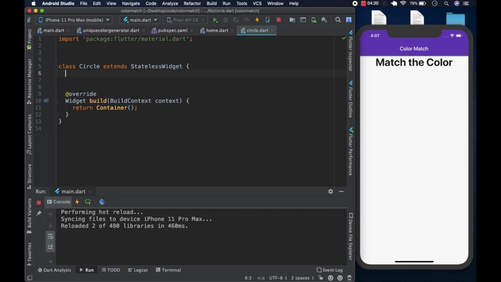I can't remember what we called it. I think we called it the unique color generator. It uses random numbers. So I think we should have a color property here, and we should initialize this class. So we would have final Color,